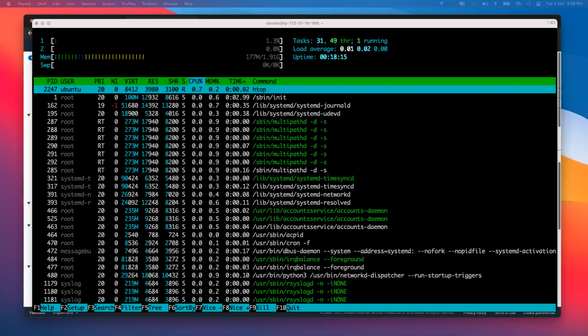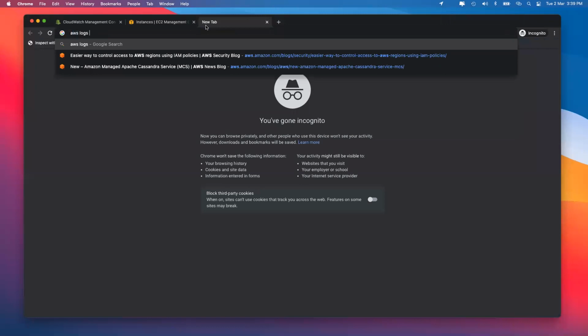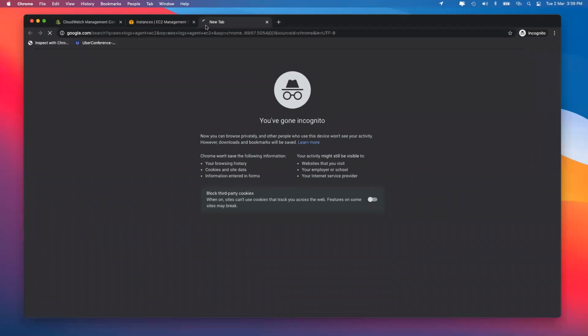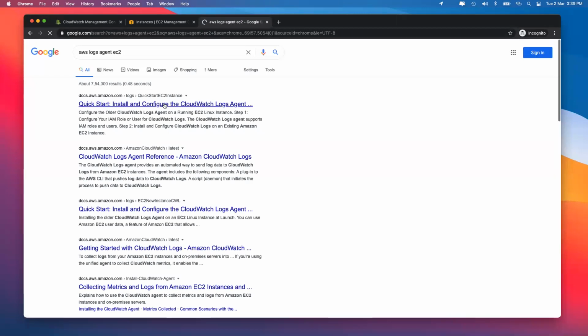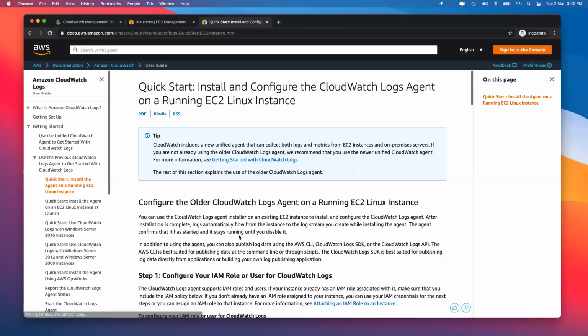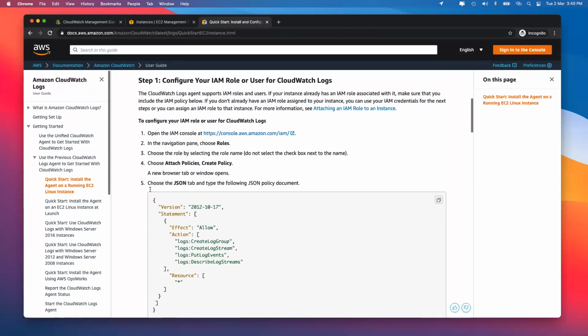So for that, let's search for AWS logs agent, as I need to install it inside my EC2 instance. This, by the way, is already available inside the recordings over there, so you might want to go over there and have a look at it. If I have to configure, let's open the link over here. AWS is going to tell you in a very detailed way what commands you have to run. The policy part is step number one.